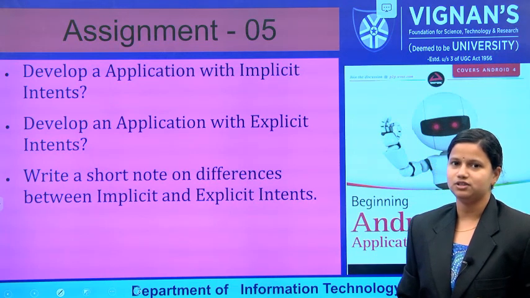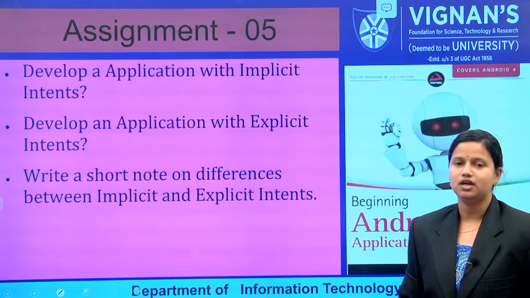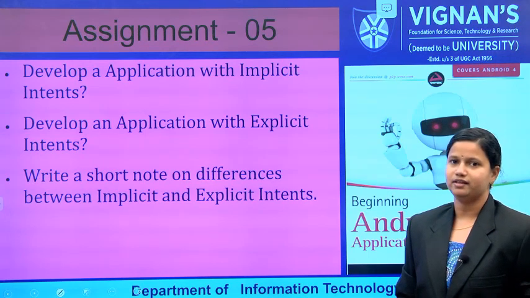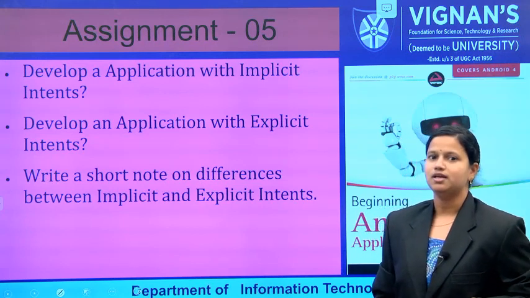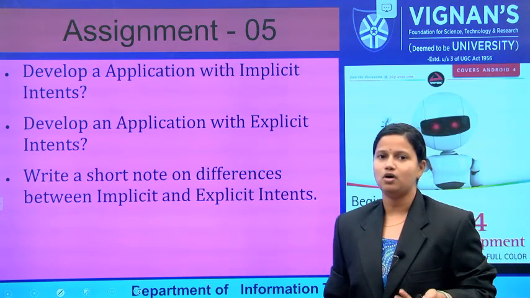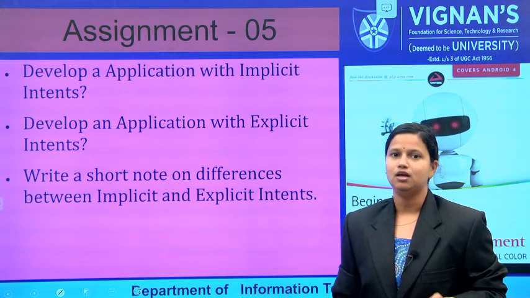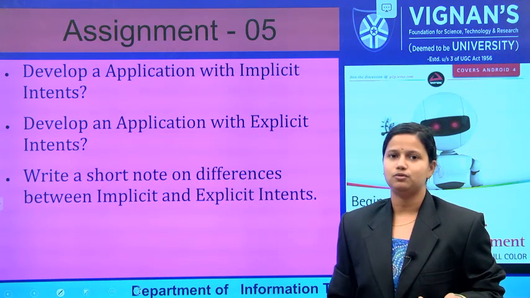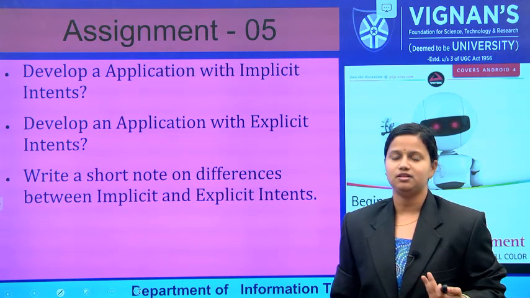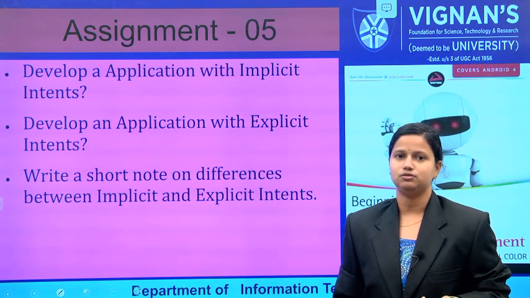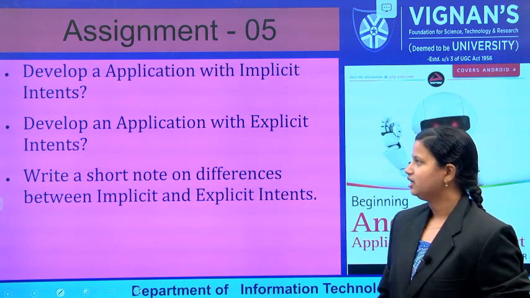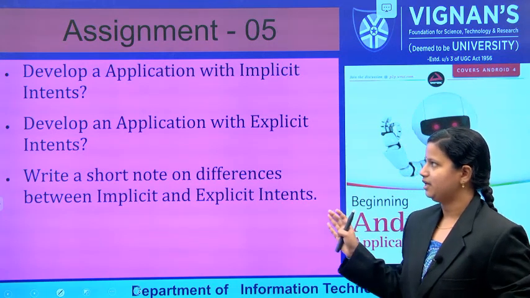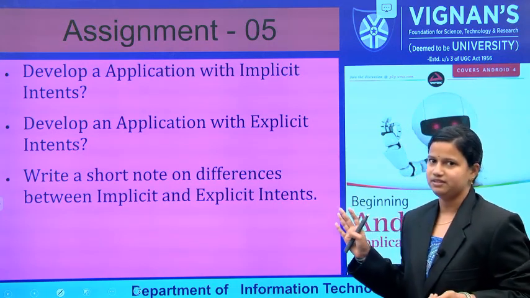When we were seeing the implicit intents, that means we call within the application, whereas with explicit intents we want to move from one application to another application. That means when we want to call a new activity, from those activities I want to go to another activity that is already present in your application. That type of intent is called an implicit intent. And next, develop any application for the implicit and explicit intent. Those are the two questions.